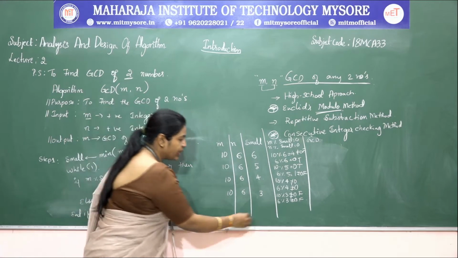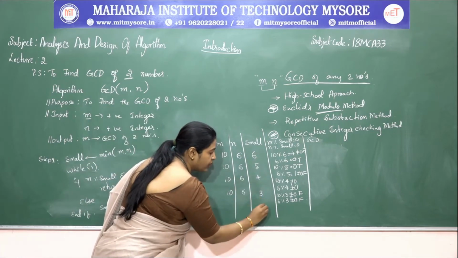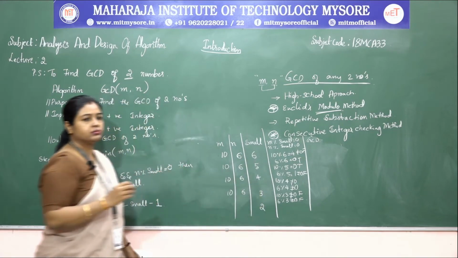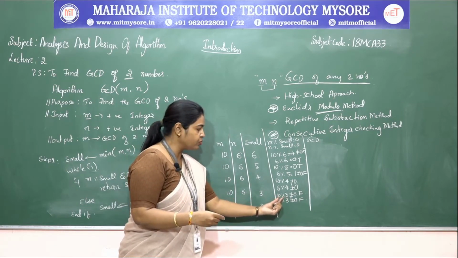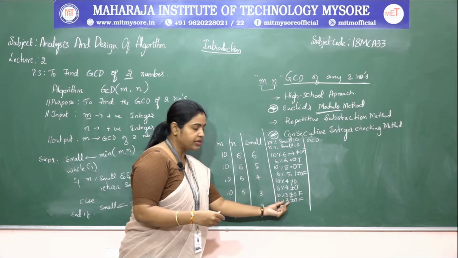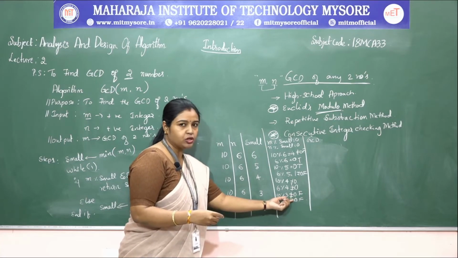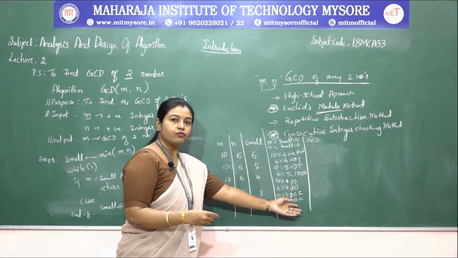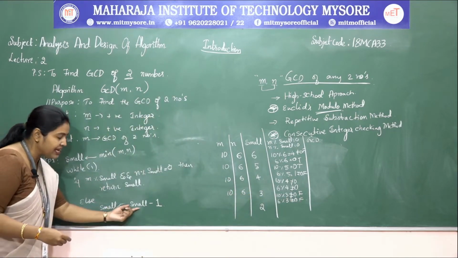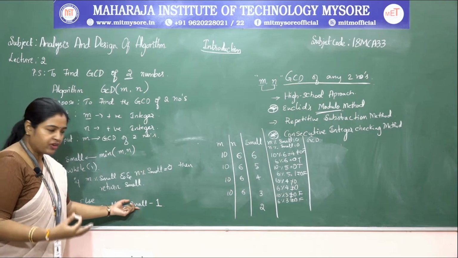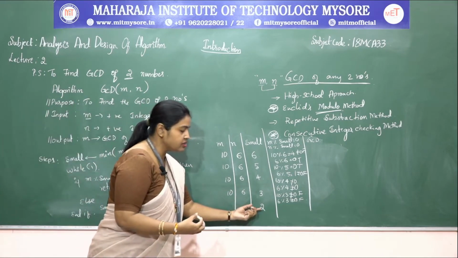So in the else part we need to reduce the small by 1. That is nothing but 2. 10 and 6 and the small value. So 10 is divided by the small value and the second number is divided by the small value, which yields non-zero values, which is false. If it is false, we need to execute what? We need to reduce the small by 1. So that is what we have done, that is 2.